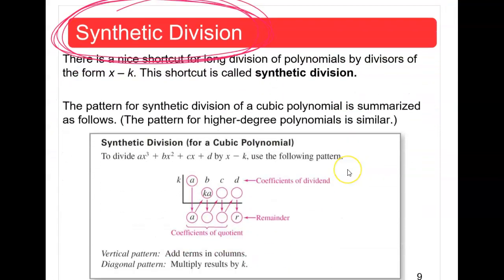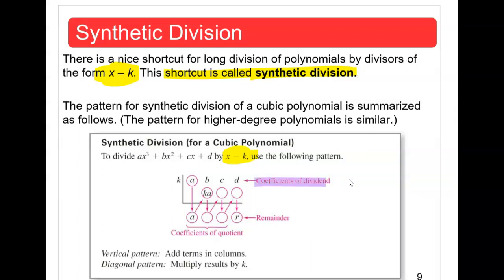This is a nice shortcut to long division. However, you cannot use it all the time. You can only use it if your divisor is of this form, meaning a monomial with a degree of 1 and a leading coefficient of 1. So you can use the shortcut called synthetic division. For synthetic division, we make the variables disappear for a little bit, and then we put them back in our answer. So what we do is we just take the coefficients of the dividend,